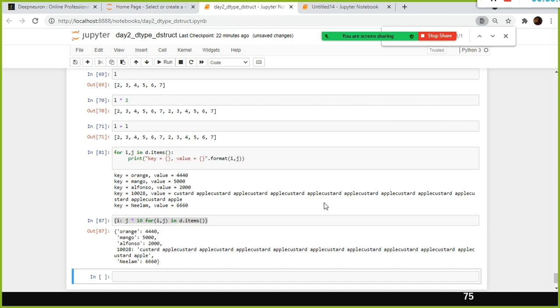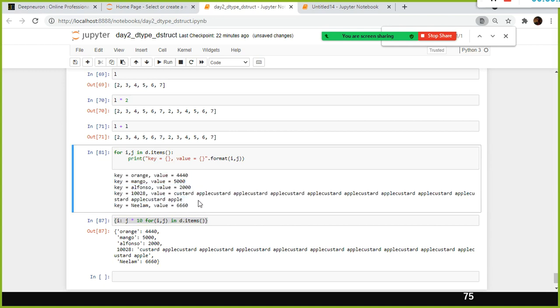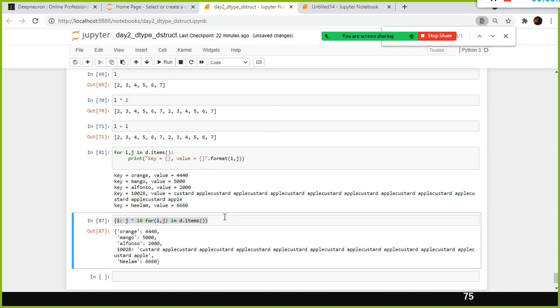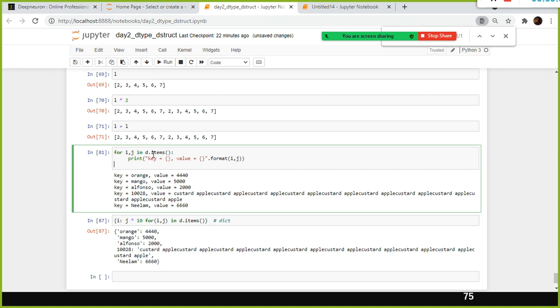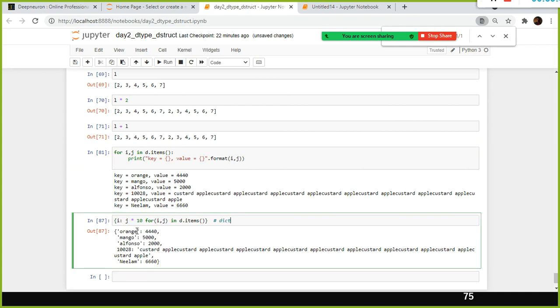But the value in this case is a string, hence it is repeating it 10 times. 1, 2, 3, 4, 5, 6, 7, 8, 9, 10, right? So you need to scroll it like this. Yeah, look here, it shows in the next line 10 times. Okay, you understood, right? So that's the problem. If you specify the key value pair, this is called your dictionary comprehension. So what I did was correct only here. I just printed d dot items here. I was under the impression all the values were numbers.